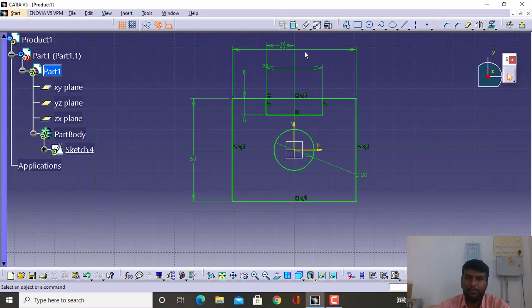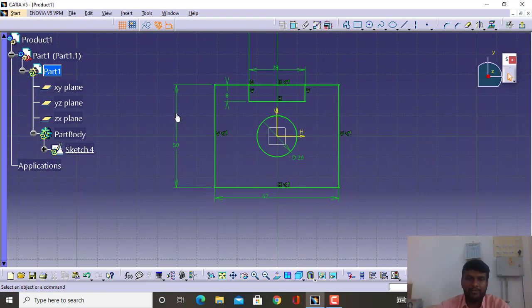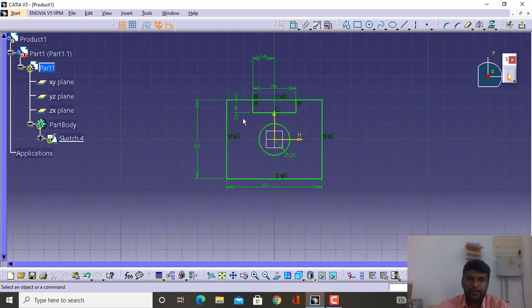correct, then you can move these dimensions. Move your dimensions to the required place so that all the dimensions are clearly visible. Right. Once all dimensions are correct, the next thing is to make sure that your geometry is non-intersecting and